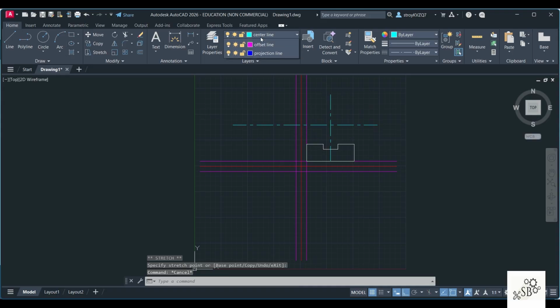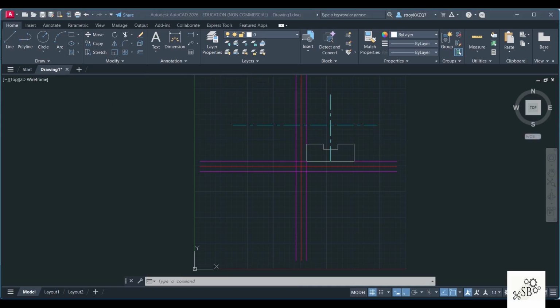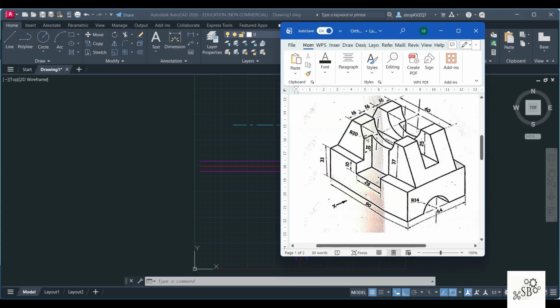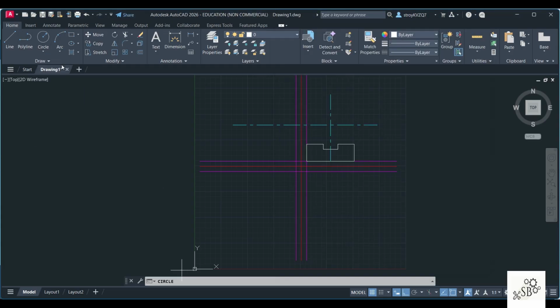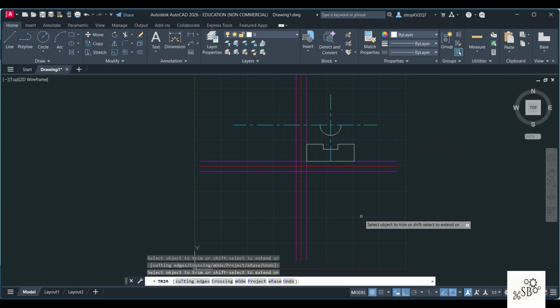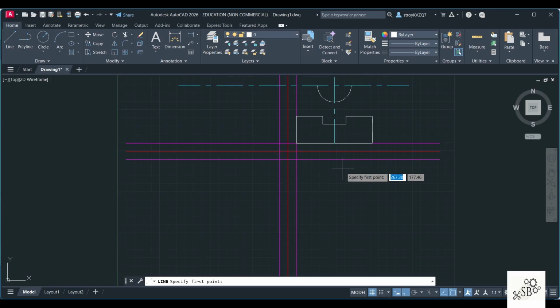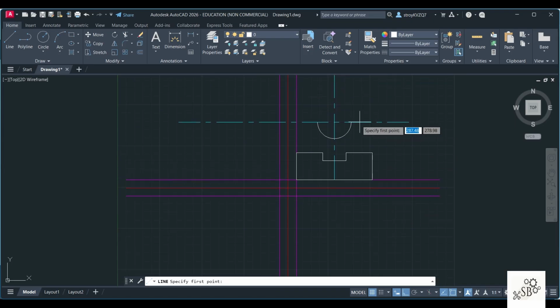Now we will go to again 0 line. As you can see from the center, the radius is 20. We go to circle, center radius. From the center, we will draw a circle of radius 20. Then we'll use the trim option and remove this part. Then we go to line. I told you this distance from here to here is 10. And then you can join this portion. Okay. Again go to line from here.